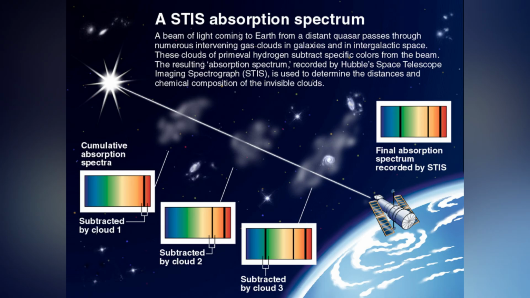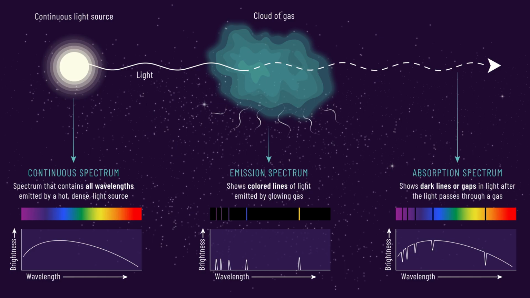Astronomers leverage this duality to decode the cosmos. Absorption spectra unveil the composition of stars and exoplanet atmospheres, while emission spectra illuminate the chemistry of nebulae and interstellar clouds. Together, they form a complete picture of how matter interacts with light across the universe, whether through selective absorption